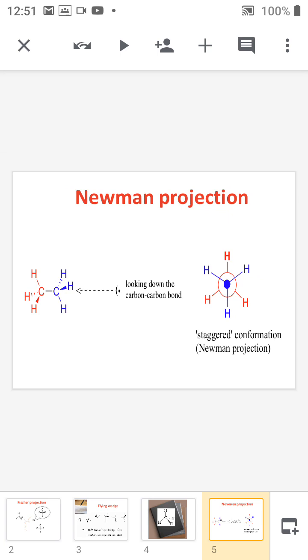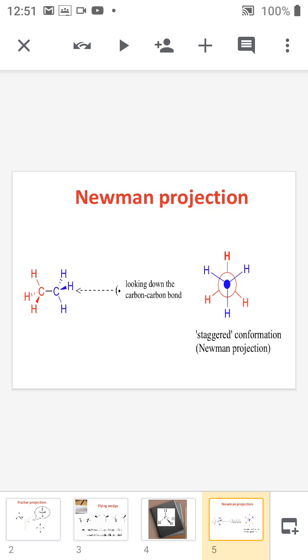we can see the front carbon atom, that is the blue carbon atom, and we cannot see the C-C sigma bond, and similarly we cannot see the red carbon atom. That's why, if you are observing the molecule like this, the front carbon atom, that is the blue carbon atom, in the Newman projection formula is represented by a dot, and the 3 valencies of the blue carbon atom are satisfied by hydrogen atoms, which are also represented like this in the Newman projection formula. So the hydrogen atoms are represented in blue, the 3 valencies of the front blue carbon atom, and